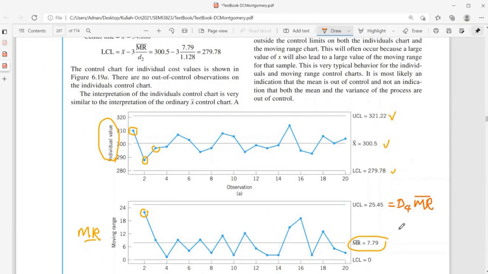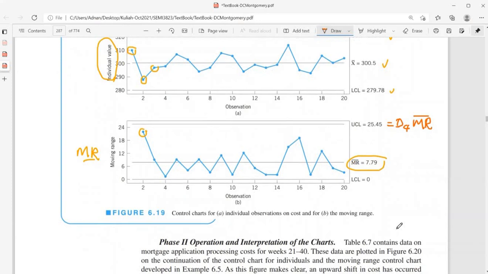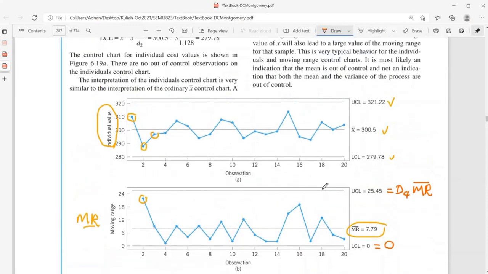Okay, so how about the lower control limit? The lower control limit is not so important. Normally, if we get it negative, we just make it 0. Okay, we just make it 0. So if you see here,